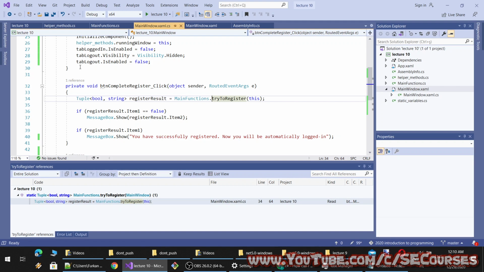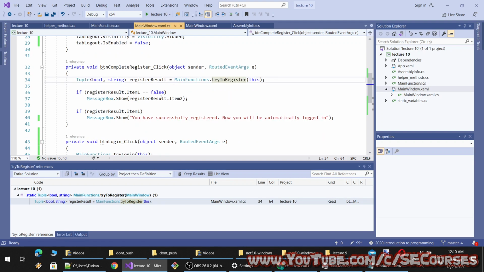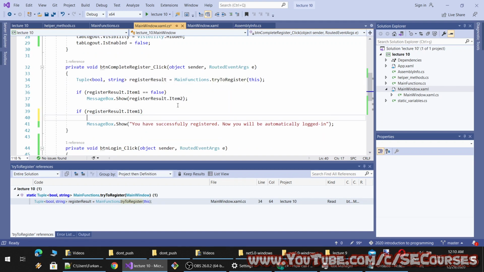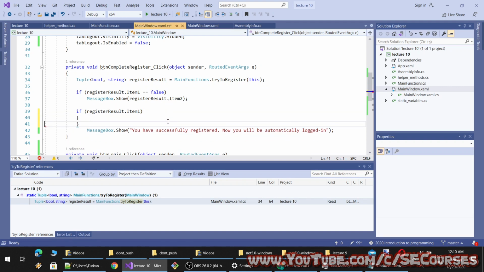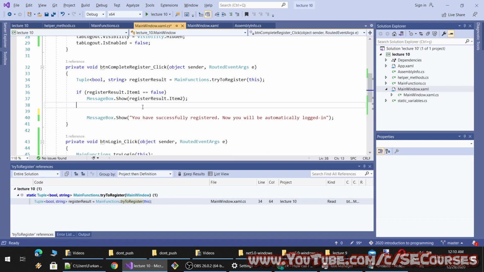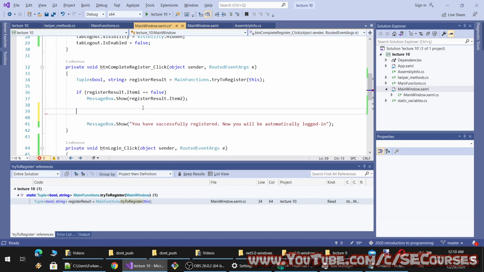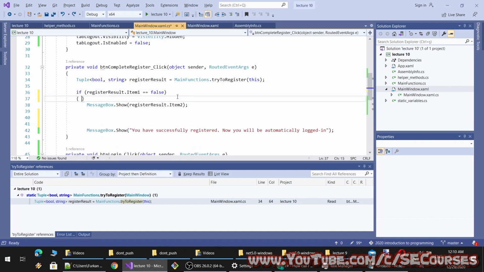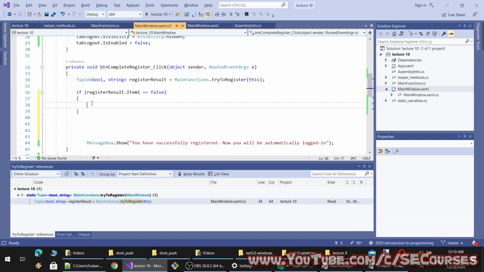So it was called here inside complete register. So if the result is true, we are showing like this. I can remove this if and add a return here like this.